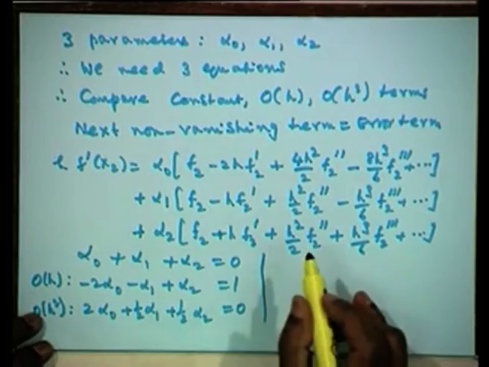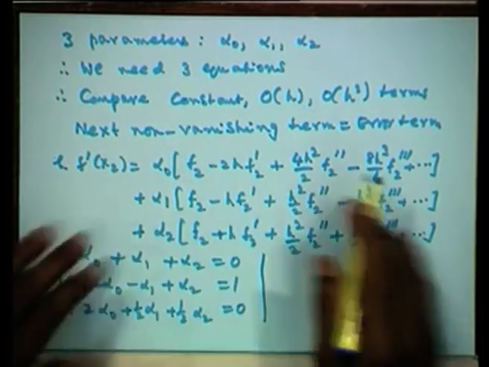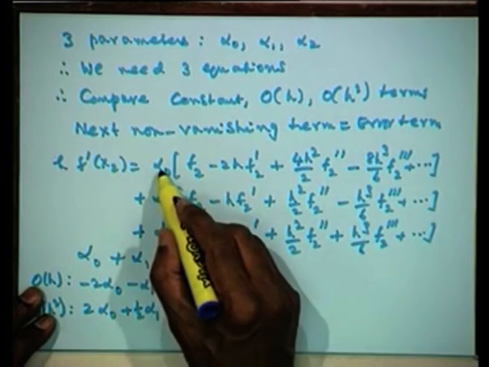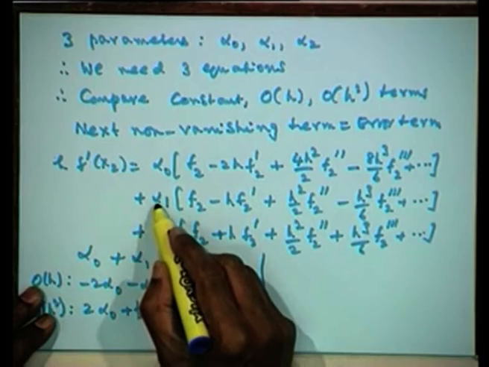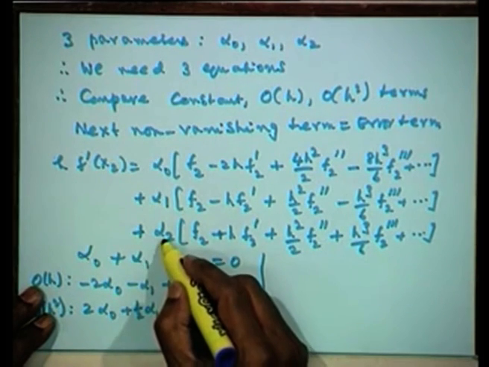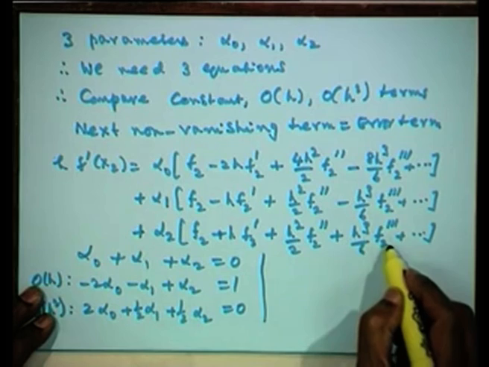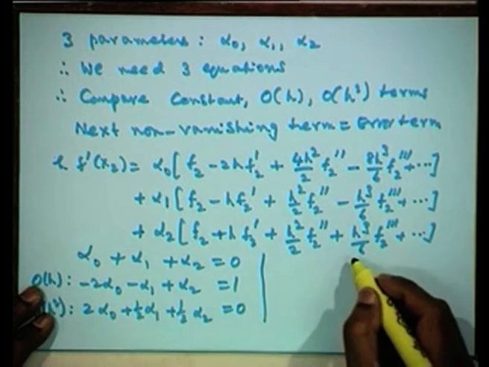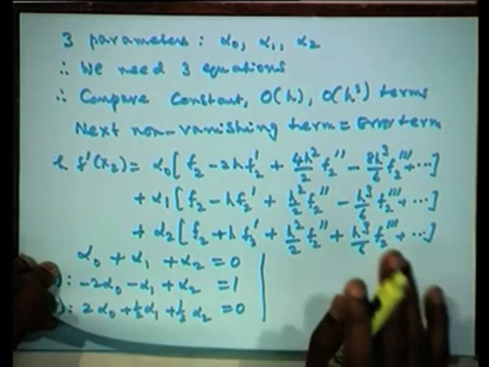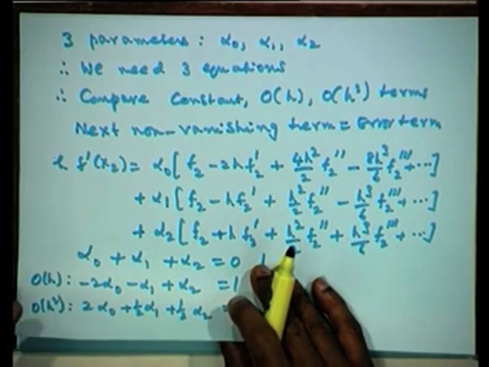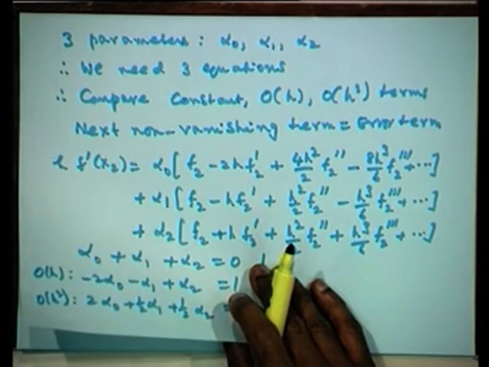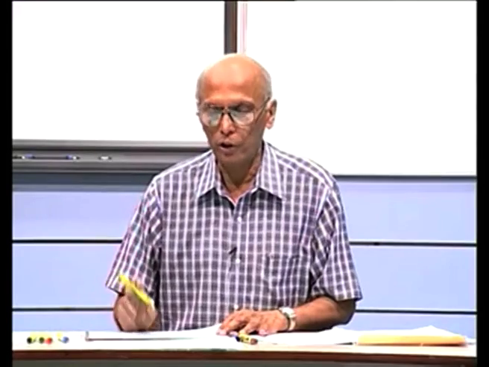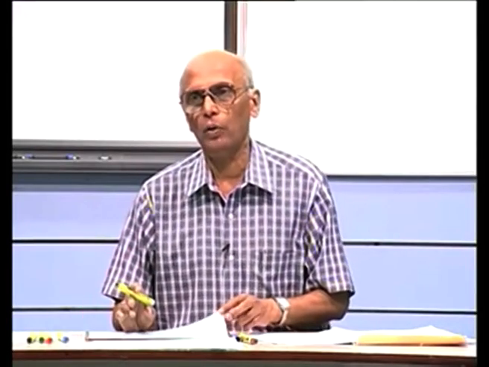Now, if you look at the error, the error would be the next non vanishing term. The next term is minus 4 by 3 alpha naught minus 1 by 6 alpha 1 plus 1 by 6 alpha 2 into h cubed f 2 triple dashed. So, we can substitute the values of alpha naught, alpha 1, alpha 2 in that and then write down that this is the error in this particular formula. Therefore, given any particular formula which is required in a particular application, one can use the Taylor expansions, determine the parameters that are there and then find out the error expression also.